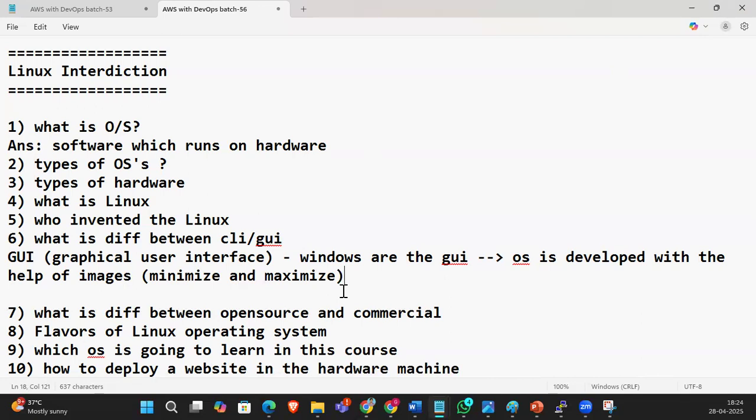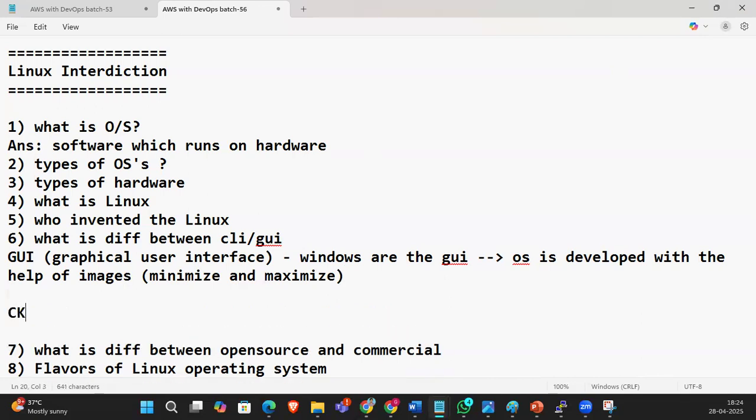So what is CLI, guys? CLI is nothing but a command line interface. How can you interact with the OS?